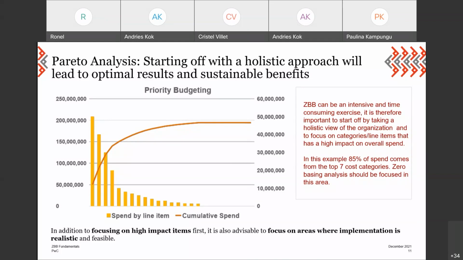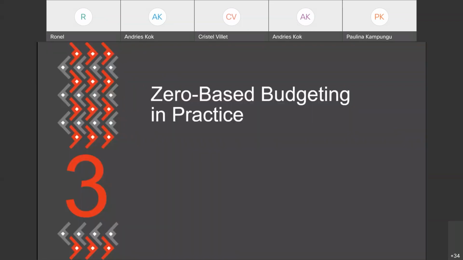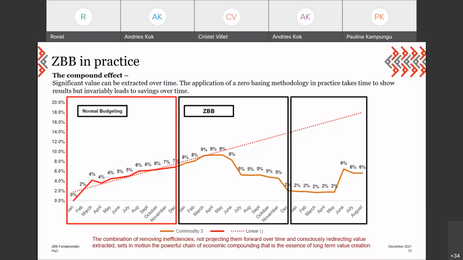Exactly. So we're overlaying this in terms of high impact versus where we want to focus our business. And the example of the government spend on social initiatives, that's where we could also align this. Okay, I think where this really would make sense is if we walk through a few examples or speak about zero-based budgeting in practice, what we've seen at clients and what we've seen over the last few years happening within the business.